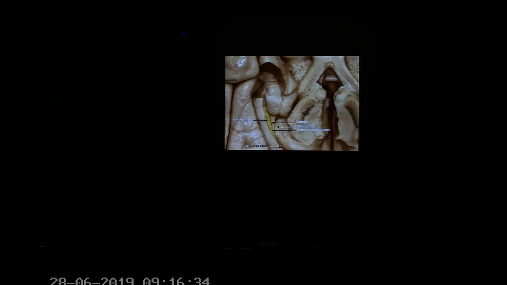Here, the choroidal fissure is between the thalamus and the fimbriodentate, here inferior choroidal notch, inferior choroidal point, here the place where the anterior part of the amygdala, entorhinal area, fusiform gyrus, collateral sulcus, and posterior part,